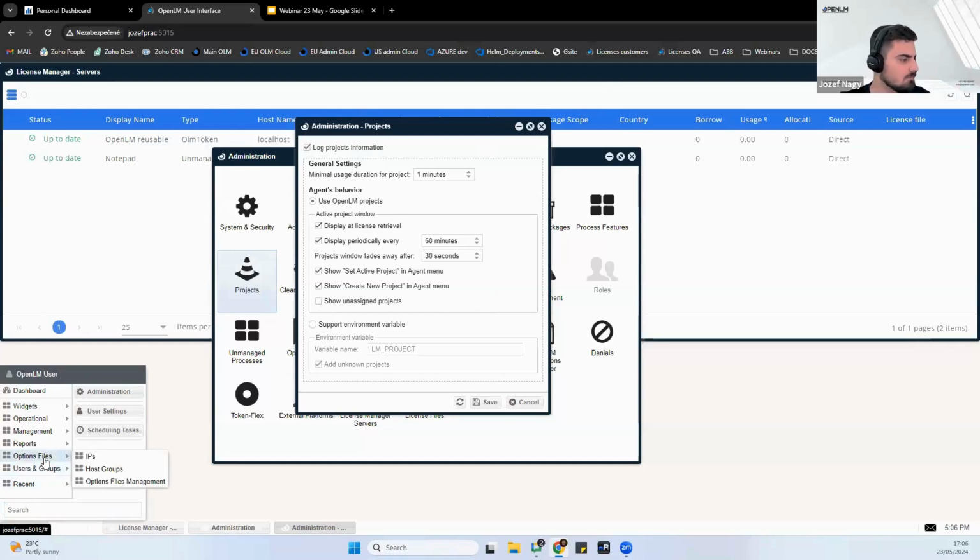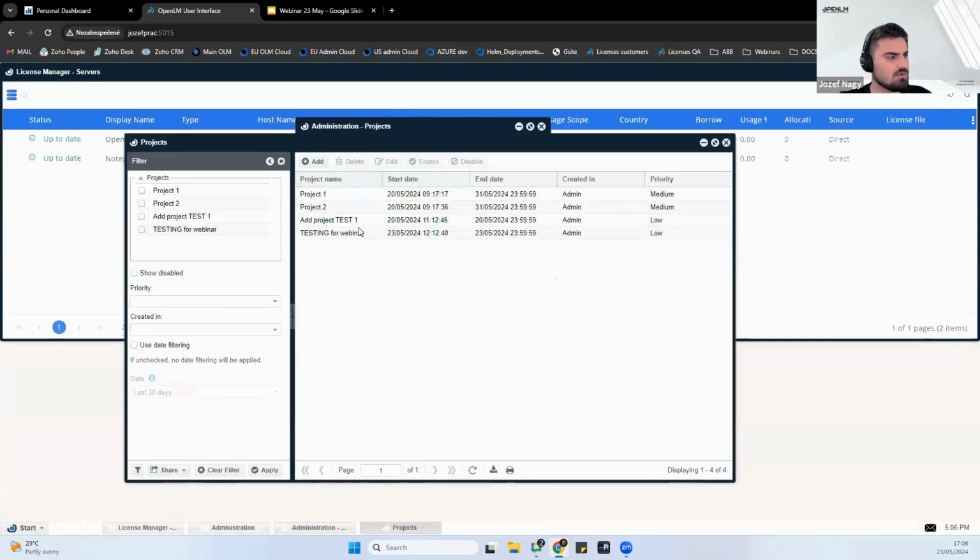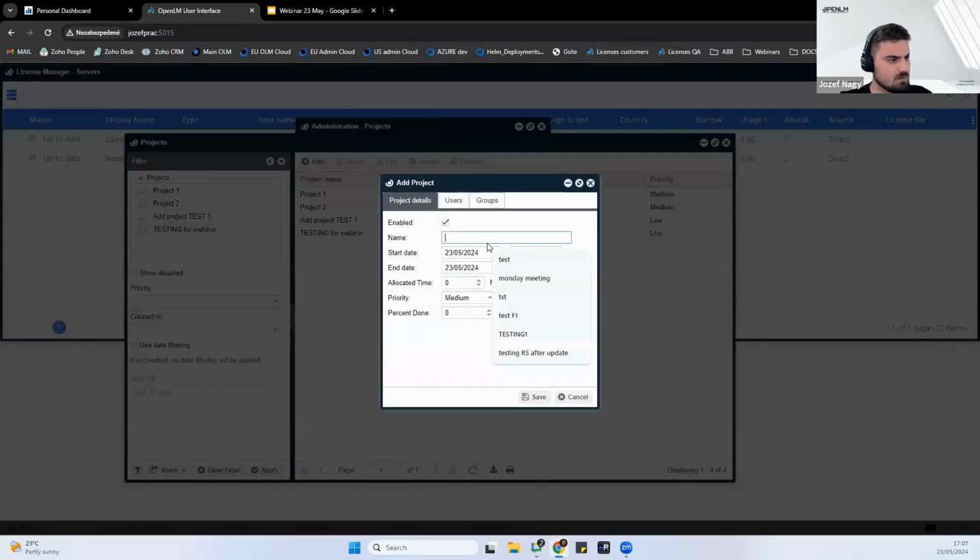Okay, now I will show you how you can create a project, how you can assign the users to the project, and so on. If I go to management, I go to projects. I already prepared some of them, so you can see there is project 1, project 2, test 1, and testing for webinar project. When you want to create a new project, you simply click on the add button. You will define the name, so for example, test for